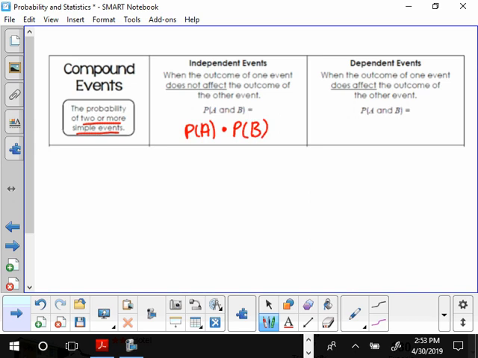Or is an addition, but the "and," your intersection, is multiplying. That's if they're independent. You just simply multiply the two probabilities together. If they're dependent, when one event does affect the outcome of the other, it's the probability of A multiplied, because of the "and,"